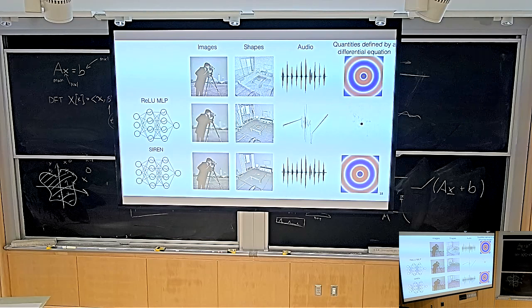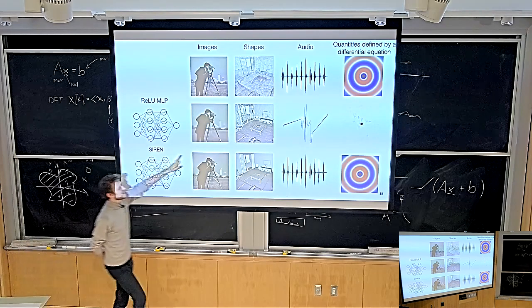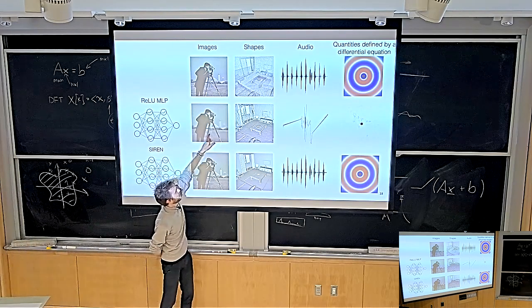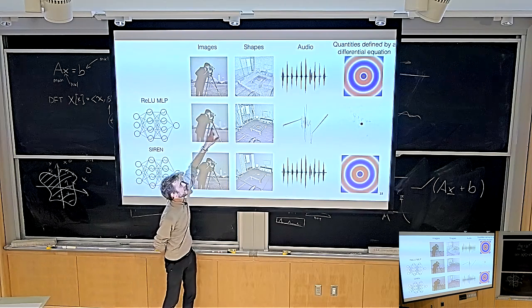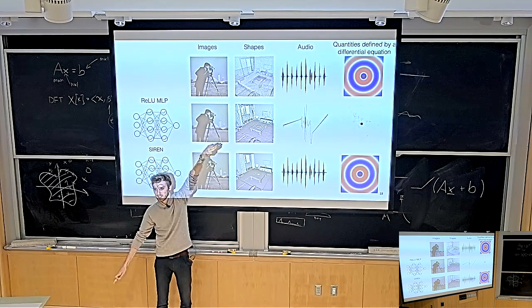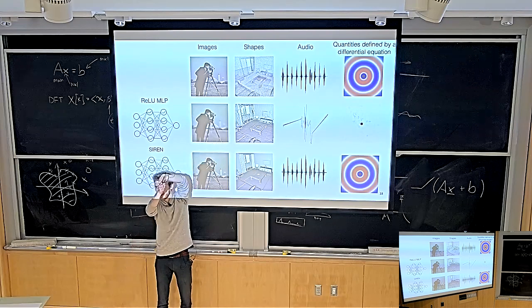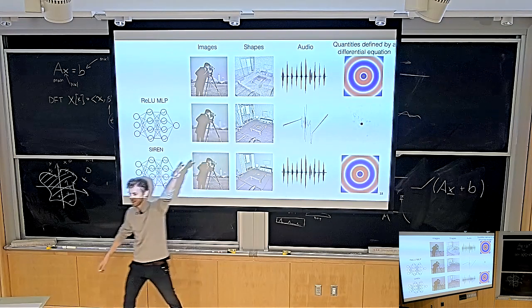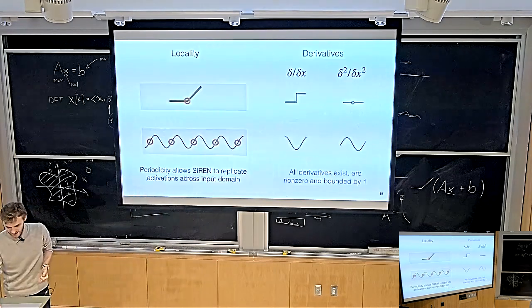If you zoom in on this image in SIREN and you sample in between two pixels, you'll get lots of high-frequency noise. Versus if you take the ReLU neural network, it will be really smooth. And actually, if you look closely, this is a fun fact, when you look at the fitting of these ReLU neural networks, you can sometimes see these lines. And this is literally one of the hyperplanes in the ReLU neural network. One of these planes will show up as one of these lines.